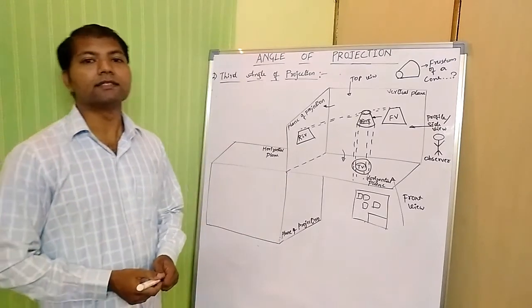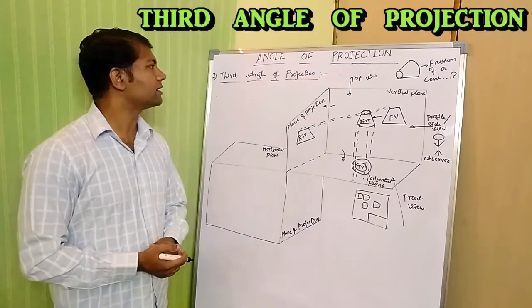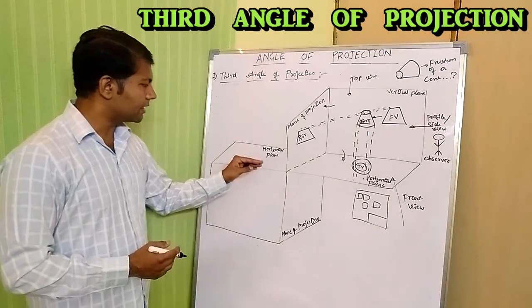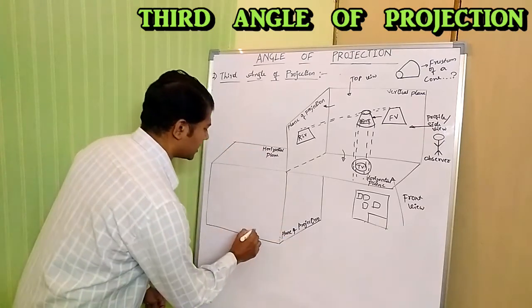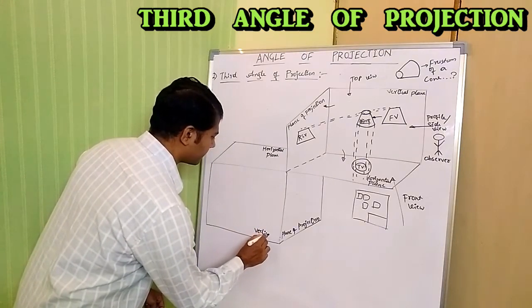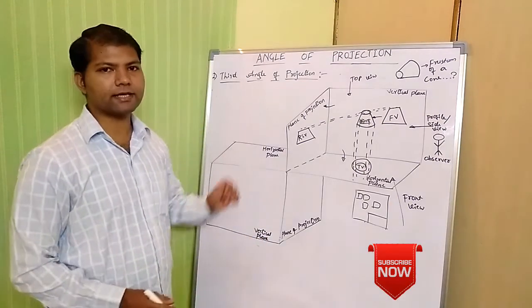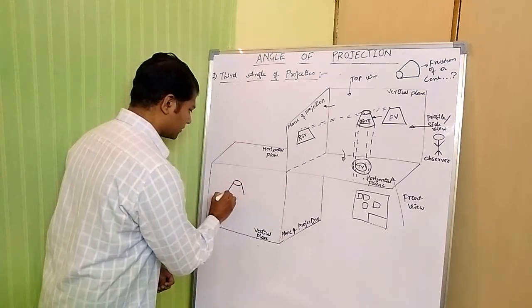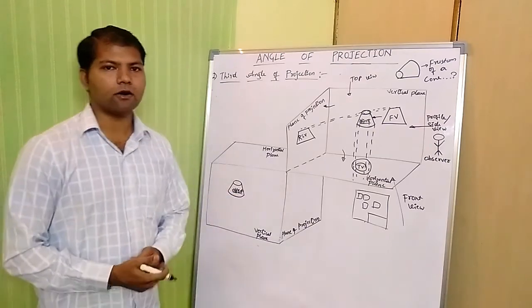Friends, now coming to the next system of projection, which is the third angle of projection. In the third angle of projection, I have taken an arrangement here. At the third quadrant, the horizontal plane remains the same, the plane of projection here, and the vertical plane comes at the bottom. So the vertical plane here. Taking the same frustum, the frustum of a cone, I am going to place it in the third quadrant. I usually define it as an object. So we are taking an object here.